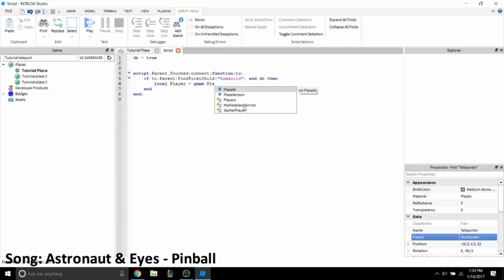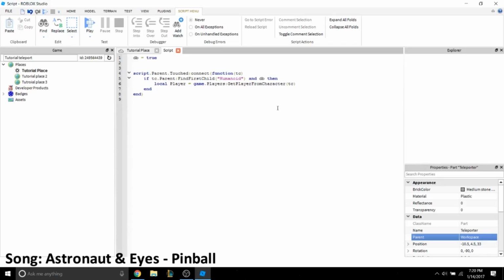Players, game.players, get, I think it's messed that up. It's get player from character. I'm so happy that they have the autocorrect. Get player from character, and then we're gonna do